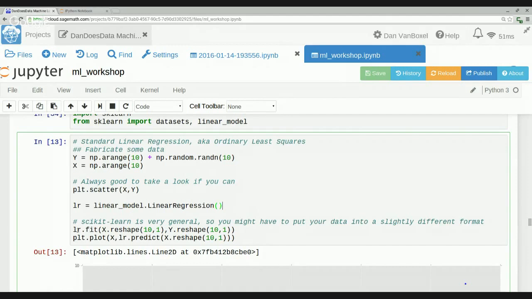It's going to be whatever our object was, dot fit, and then we need to pass in our x values. And note, we need to pass that in as 10 rows in one column rather than in this one-dimensional array. It always wants things as two-dimensional, even when it's only one column. So that's something that might trip you up, especially because often you'll have multiple x variables. Here we've only got one. We've just got the index. But you might have